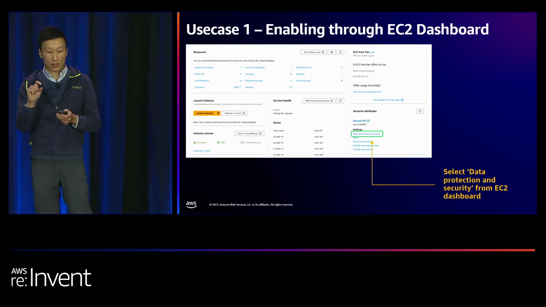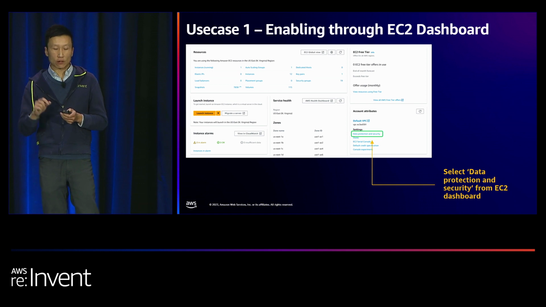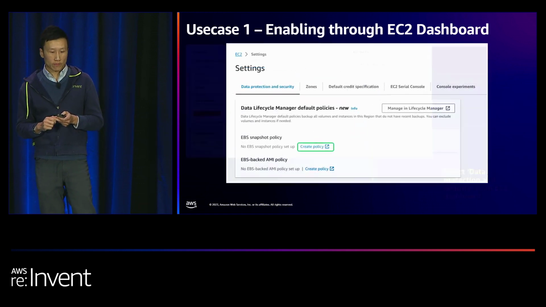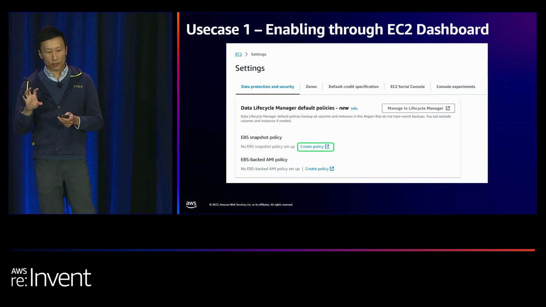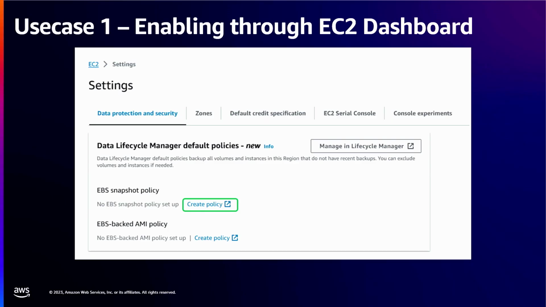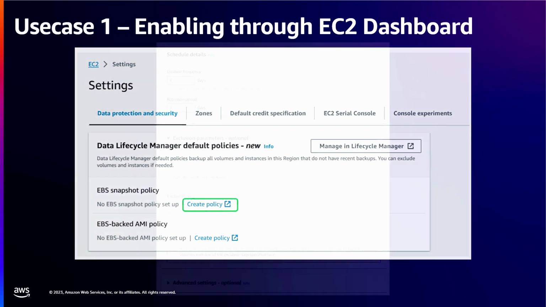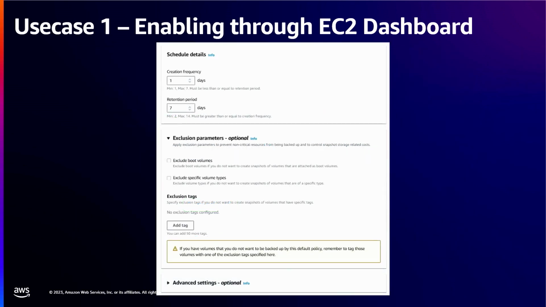So going through the first use case, again, going back to the EC2 console, Subi mentioned earlier how you can go to the data protection and security section of the EC2 dashboard. And there you'll see Data Lifecycle Manager default policies. You can create one policy for EBS snapshots and one for EBS-backed Amazon machine images. And with literally 2 clicks from the EC2 dashboard, you can create a default policy that is protecting all EBS volumes in your account. In this case, it's creating a snapshot every day and retaining it for 7 days,